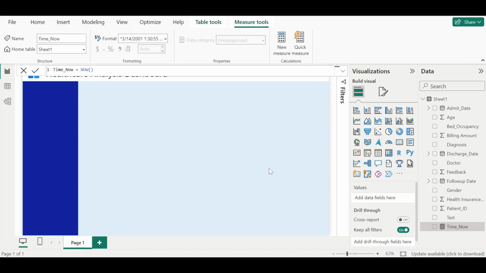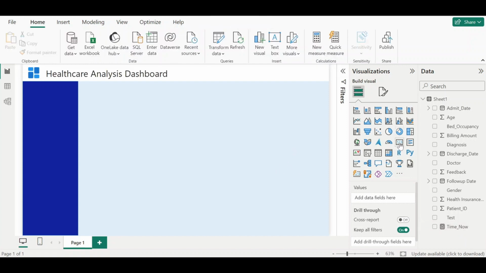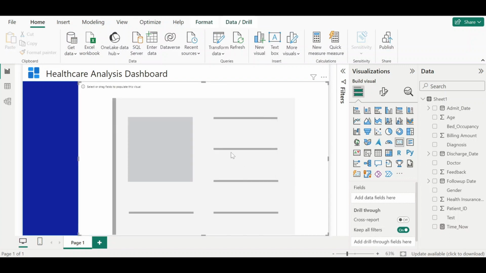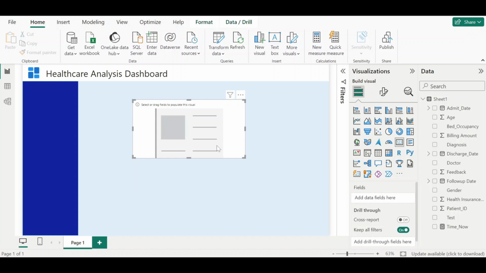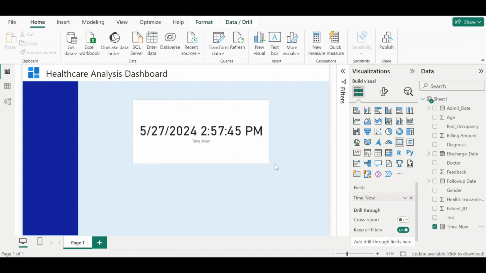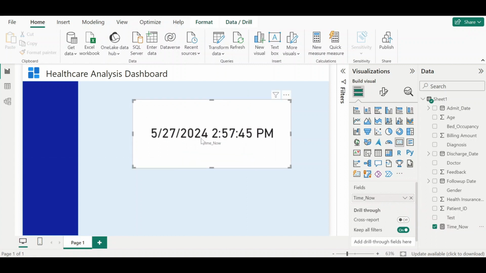So I'll select the canvas, I'll go to visualizations and select this card. So as you can see here, we have successfully added a card. Now we have to add this measure to this card. So go to time now, select this and drag it into the field. So it is displaying the current date and time, but it is not the exact format which is in the reference dashboard. To change this format, select time now,